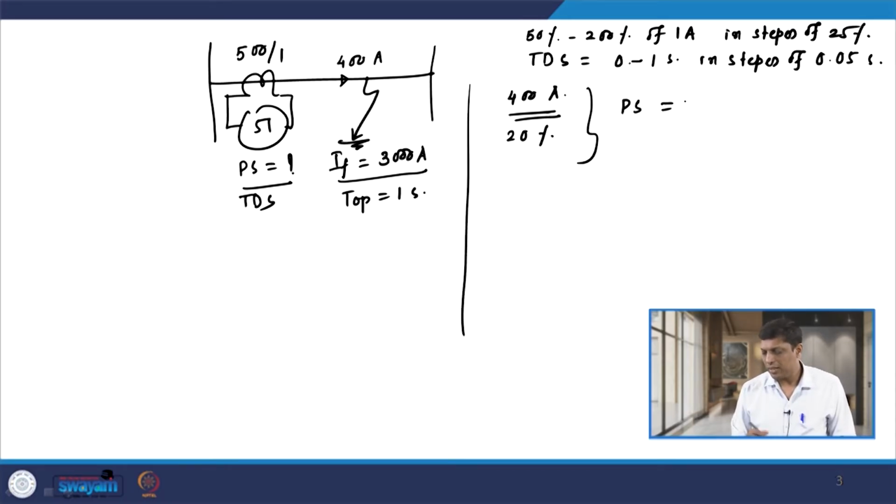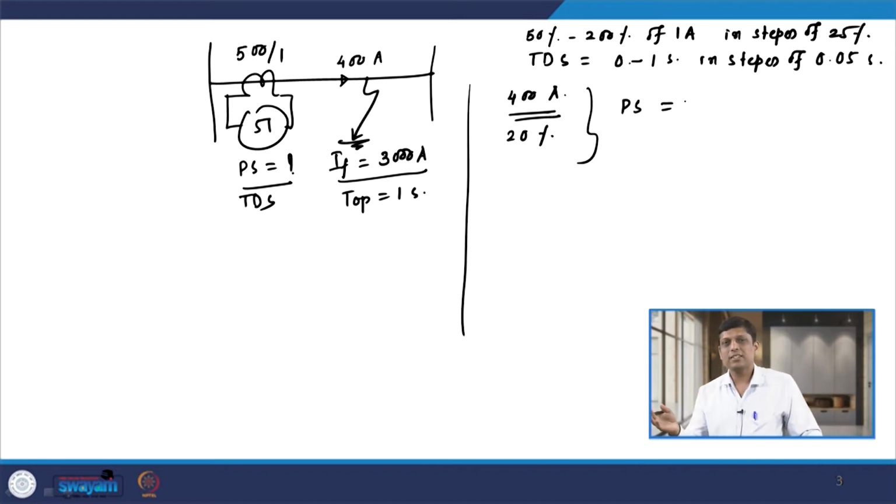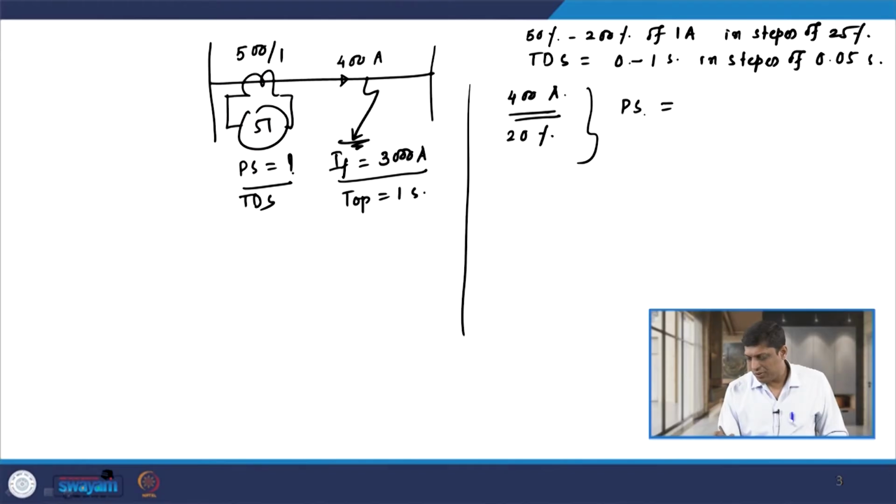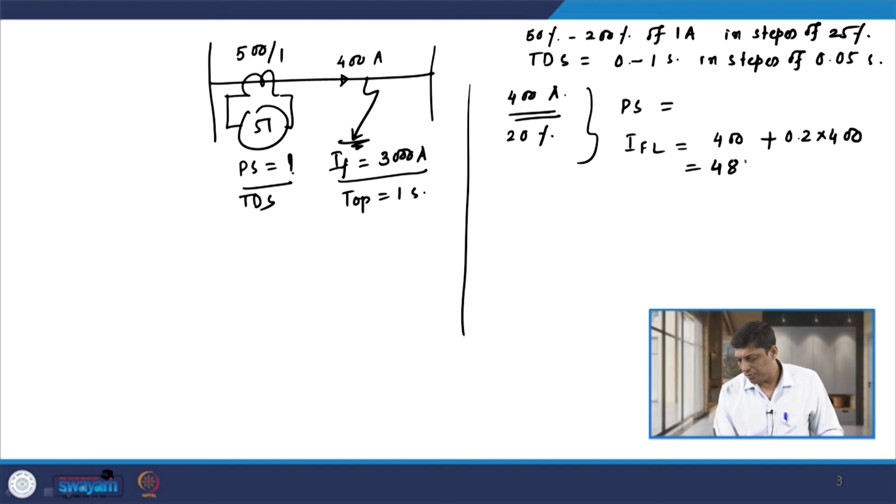Now, as I told you earlier, the plug setting of any relay depends on the full load current of the feeder, carried by the feeder, and this is also with an allowable percentage of overload. So, to decide the plug setting, we have to find out what full load current it can withstand. It is mentioned that it can withstand 400 ampere full load current, plus it can also withstand 20% overload on 400 ampere. So, 1.2 into 400 comes out to be 480. So, the feeder can withstand 480 ampere current on the primary side and the equivalent current on the secondary side.